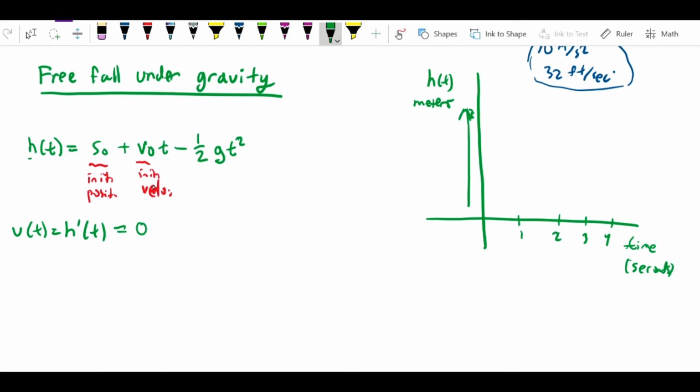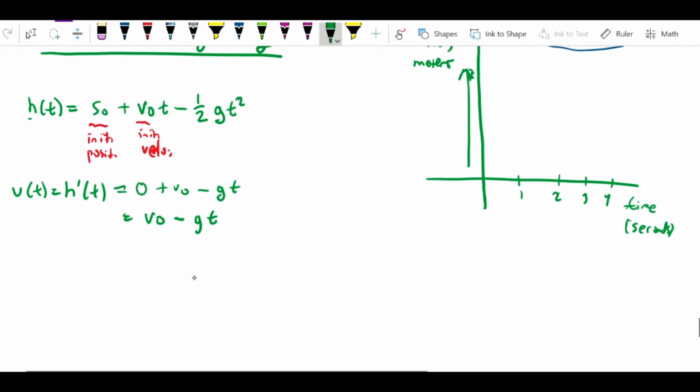The derivative of v0t with respect to t is just v0, and the derivative of 1/2 gt squared is gt. So that equals v0 minus gt, which makes sense because we start with some velocity upward, and gravity is causing the velocity to drop,